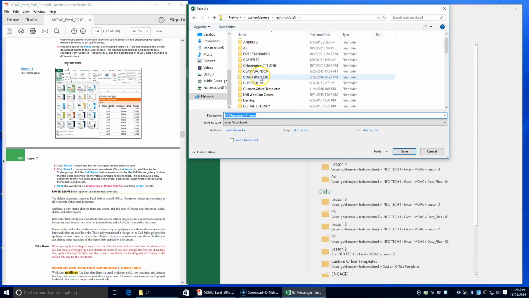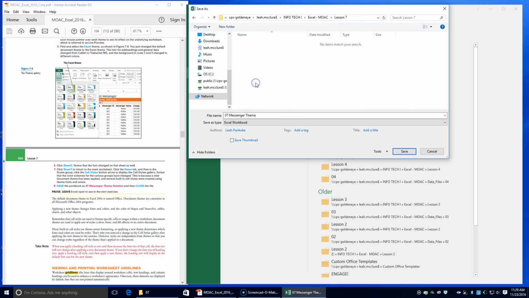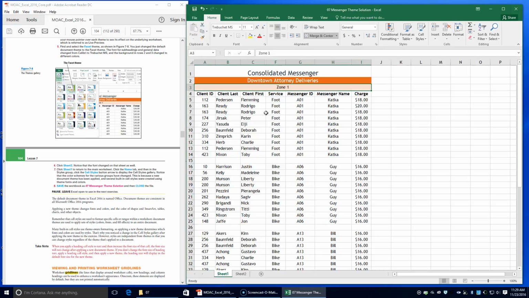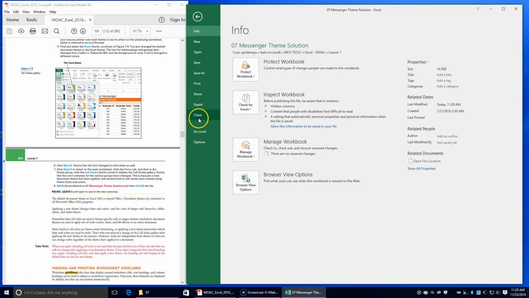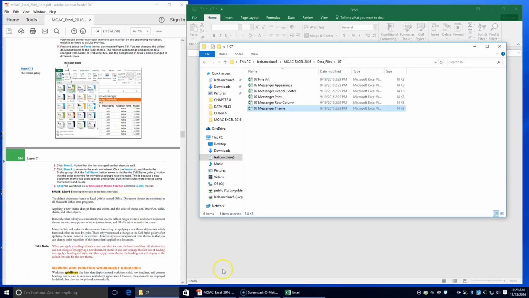So I need to go to my Infotech Excel, Lesson 7. And I'm going to save it as 07 Messenger Solution. Okay. And then it tells me to close the file. So you can go to File, Close if you'd like. I'm going to go